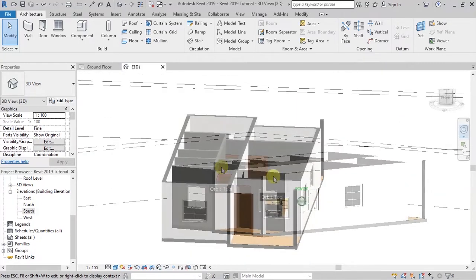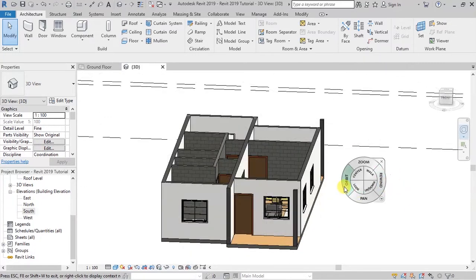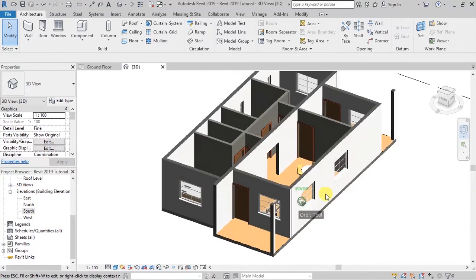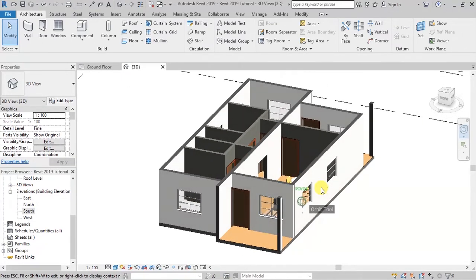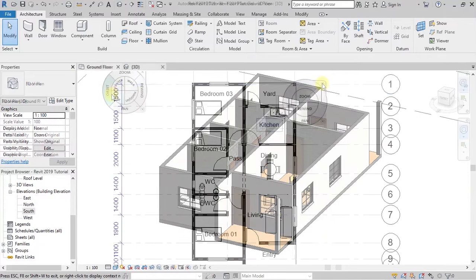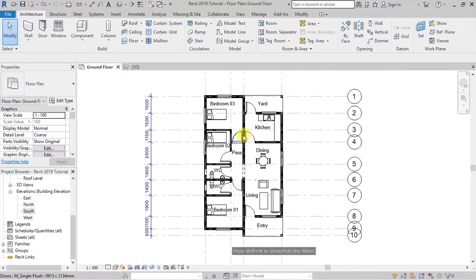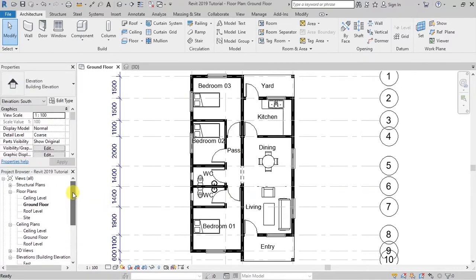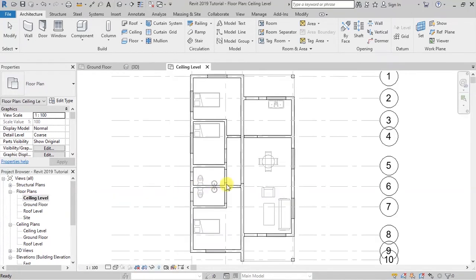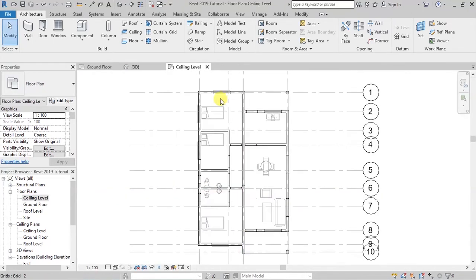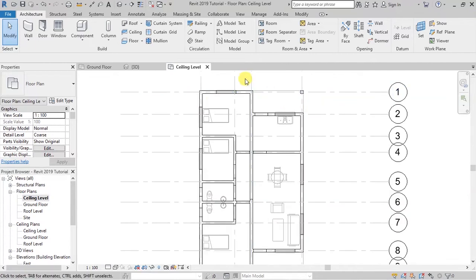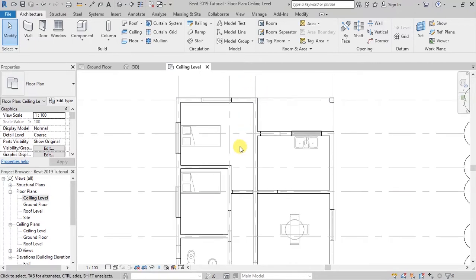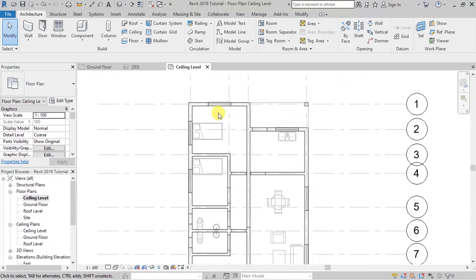So the slab, rather the floor, is now in place. Let's go back to the ground floor again, and in this case we want to create the ceiling. So on the project browser, under floor plans, here we have the ceiling level. Click on the ceiling level, and this is going to be activated. This is how the ceiling level looks like, and we want to be able to